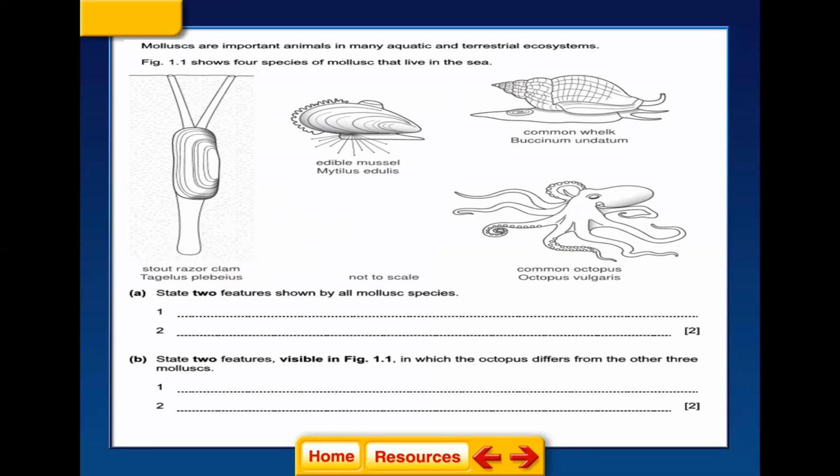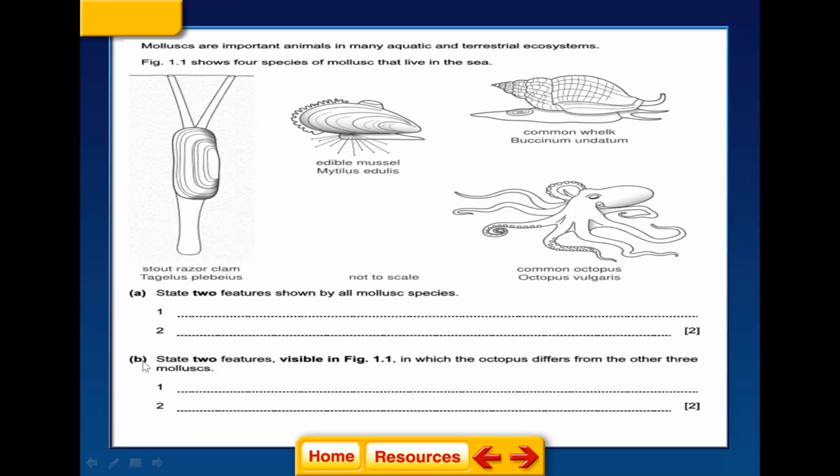First, as shown here, the body mantle, all have it. This mantle, the body skin, this is the mantle. It's the skin they have. So number 1, they have a mantle. Second, what do they have in common? It's the muscular foot, like in the clam here, in the snail here, and in the octopus. So the answer is, first, they have a mantle, and they have a muscular foot.